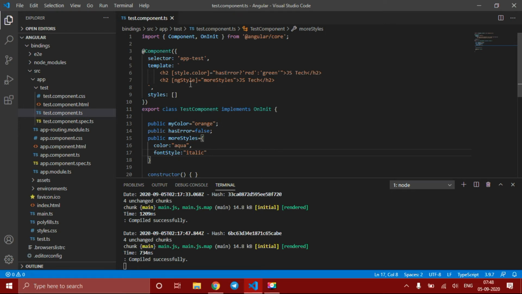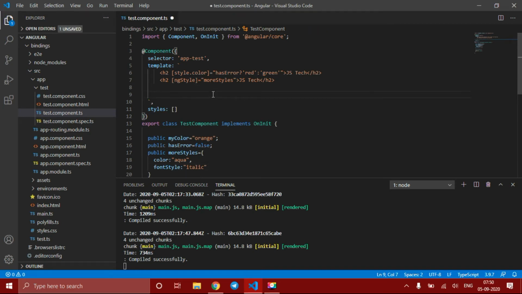Some data or some operation from the template triggers something in the class. So this is the second way, the event binding. The first three are from class to template. Event binding is from template to the class.